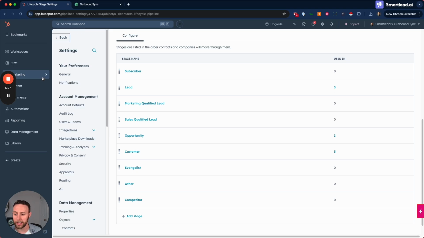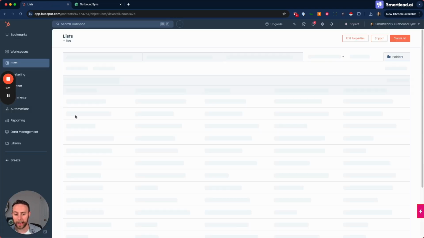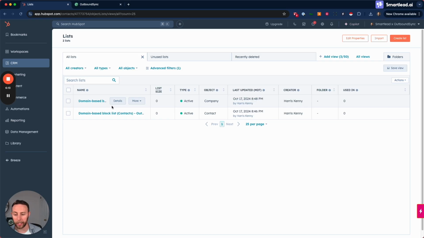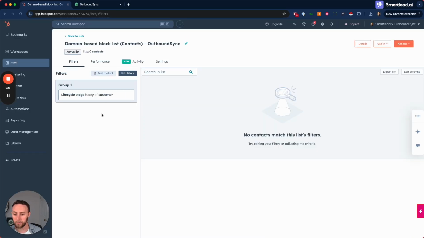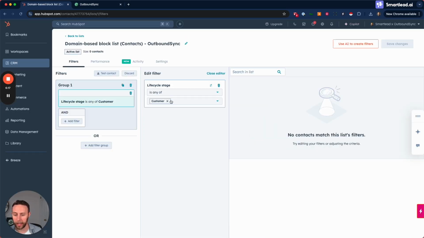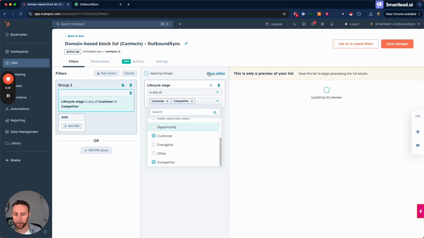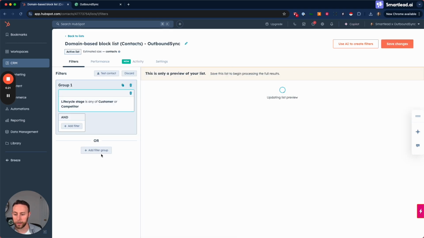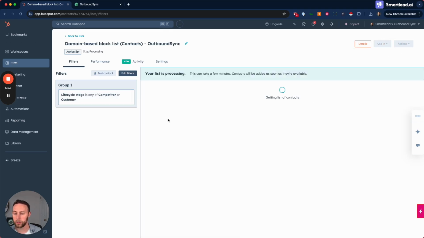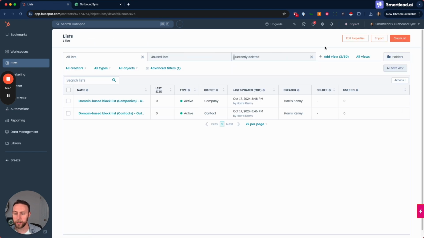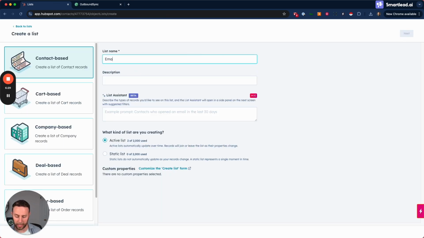So now that we've added that as a lifecycle stage, we can go back to our list and add it as another blocking criteria. So I'm going to pull this up. I'm going to add competitor to the contact-based criteria. And like I said, we're going to keep it simple here. We would want to update that on the company-based list too. But now let's think about individual email address